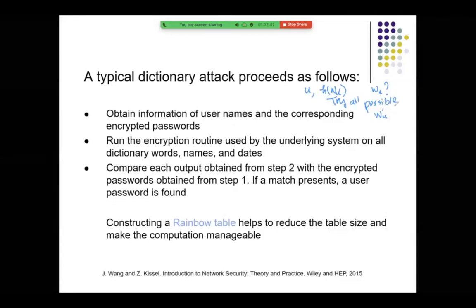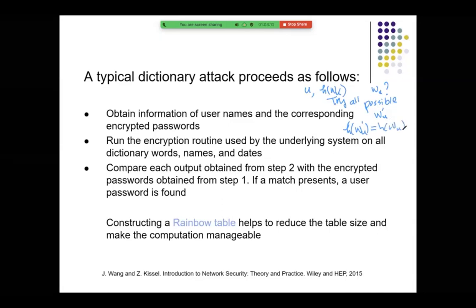Let me put a prime here. Try all possible passwords and then compute H, because this H is public knowledge. This routine is public because it is the standard one under the corresponding operating system. Try all of them, and see whether this is equal to